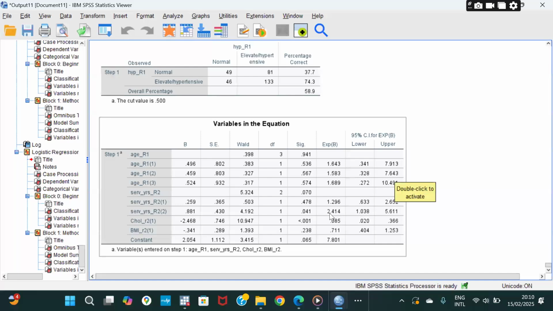Now let's see this. This is significant. It doesn't contain 1 because it's greater than 1. That's why you have 0.04. This is 1.03. It's greater than 1. This one does not even cross 1 at all. For this, it crosses 1. This is between 0.4 to 1.25. So such is not significant. Let's scroll up